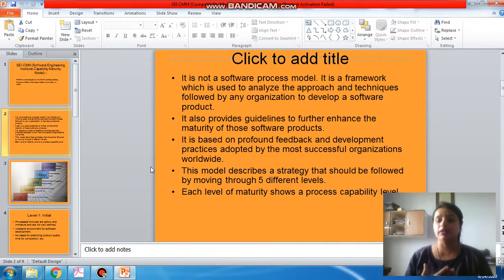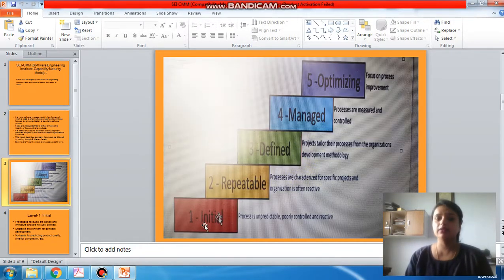So there are certain levels of maturity that we check. There are basically 5 levels defined here. First is initial, next is repeatable, third is defined, fourth managed, and fifth is optimizing. Means we already have a product in use, and over time we need to change it. For example, Windows: it started from Windows 95 and now we are working on Windows 10, and many more versions can come.